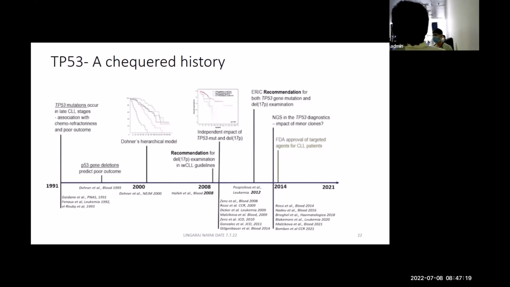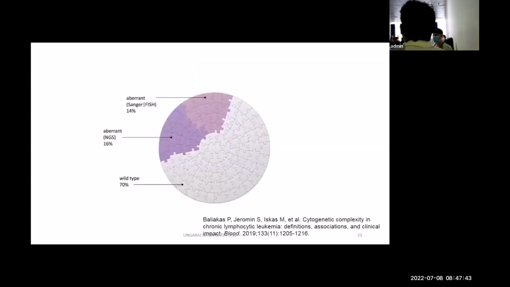Now, with the advent of NGS, can you detect more TP53? Yes. NGS is more sensitive, so you can detect TP53 which is present in a very subclonal way. Remember the subclonal concept of CLL I told you? There may be situations where the CLL TP53 clone is small and minor, which NGS can detect. What is the significance of that? I'll come to it subsequently, so you will understand the significance in NGS.